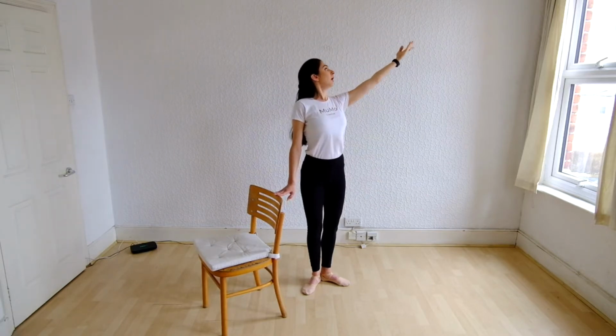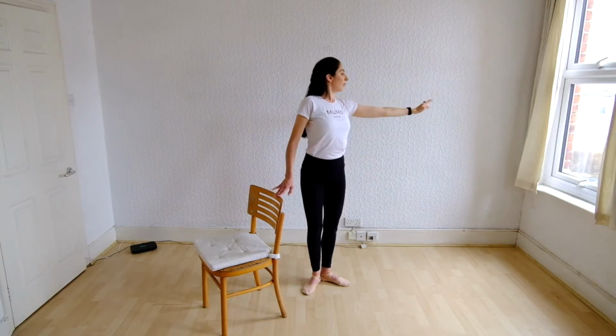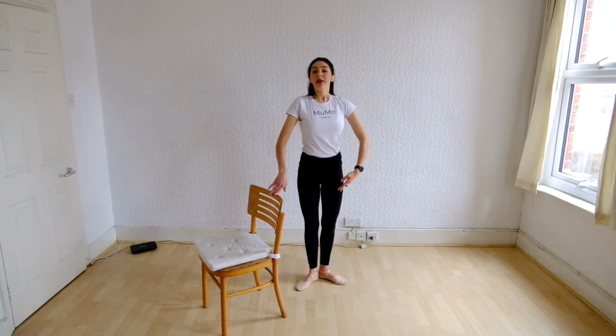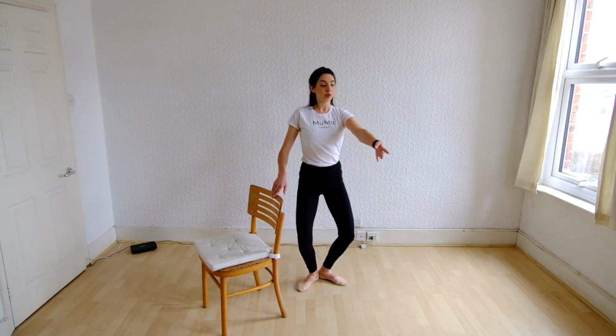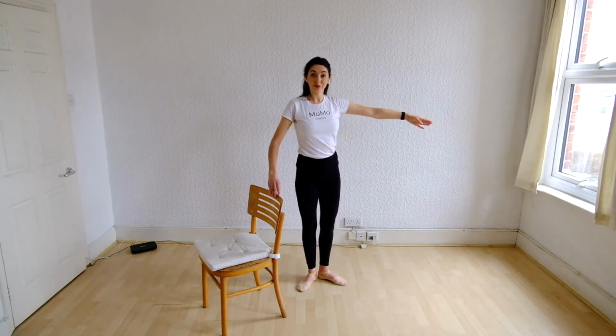Opening out, palm is facing the ceiling, and as you get to your second position, just twisting the palm down towards the floor and floating that arm back into our bra bar position. We then repeat our plie section. So we've got a plie and stretch. Plie into first position with the arm, stretch open out to second, and then we're releasing that foot furthest away